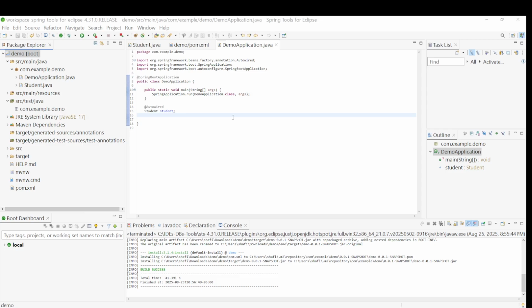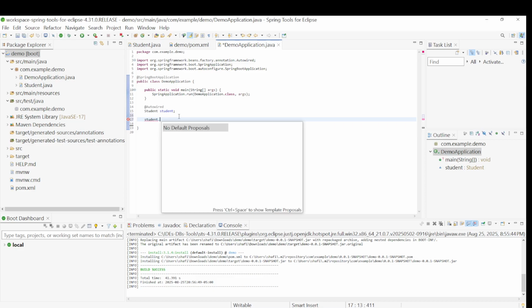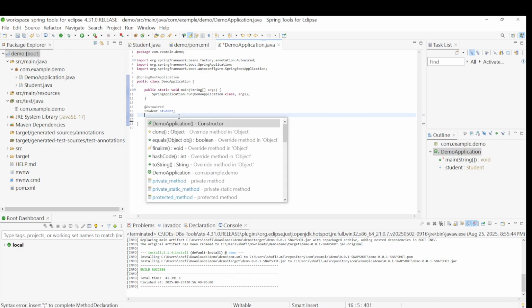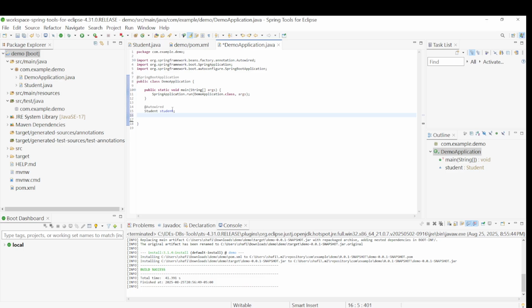So let me see if this is going to work. I'm still not getting any proposals. So still not working. So lombok is still not responding as expected. Now, another step to troubleshoot is that you can go to the Windows